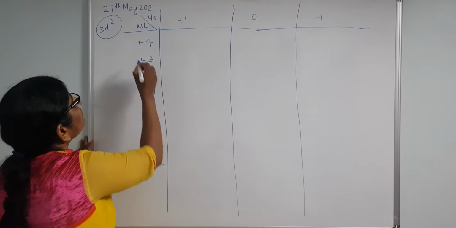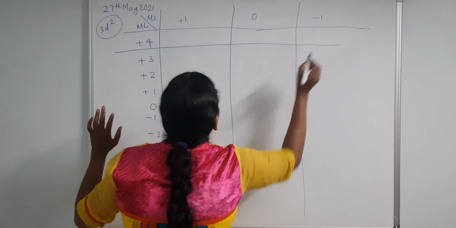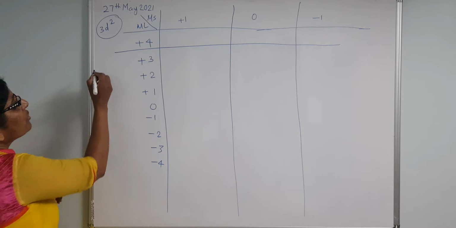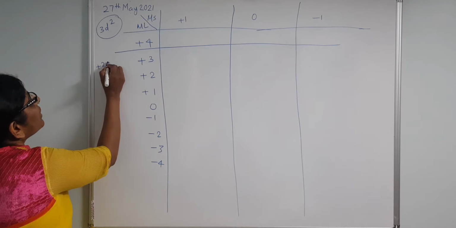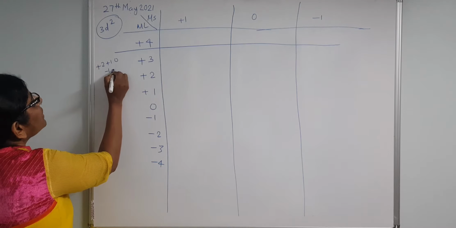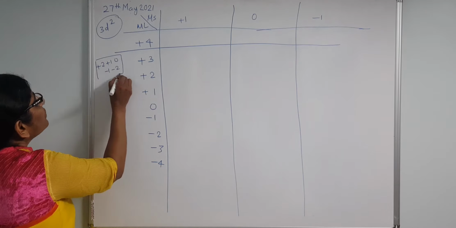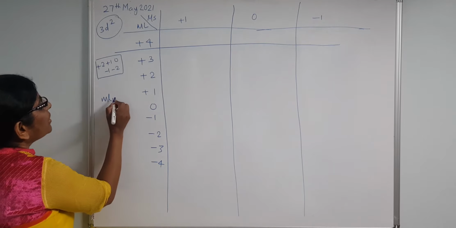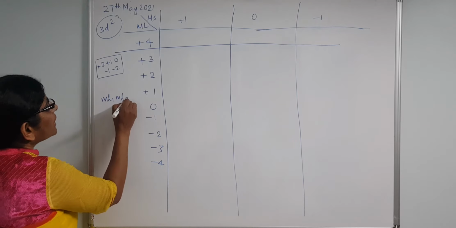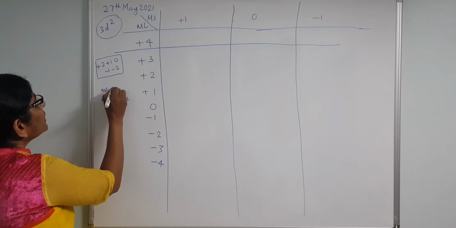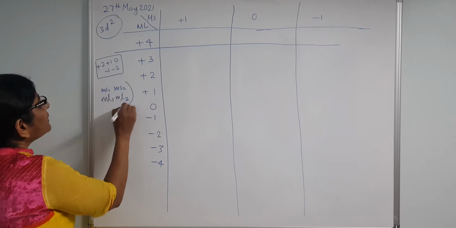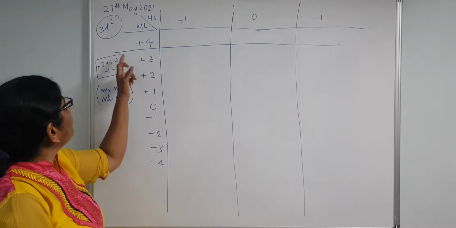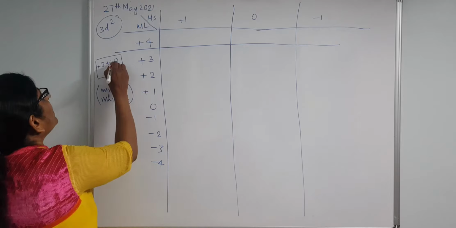So we'll complete the first block. If you look at plus 4, what choice do we have? As this is the d orbital, we have a choice of 5 values: plus 2, plus 1, 0, minus 1, minus 2. These are the 5 values we can make combinations from for preparing a microstate. A microstate is written as Ml1 for the first electron, Ml2 for the second, with Ms1 and Ms2 on the head, in a round bracket. This is our microstate, an allowed combination of Ml and Ms values, and we have these 5 values to write combinations.